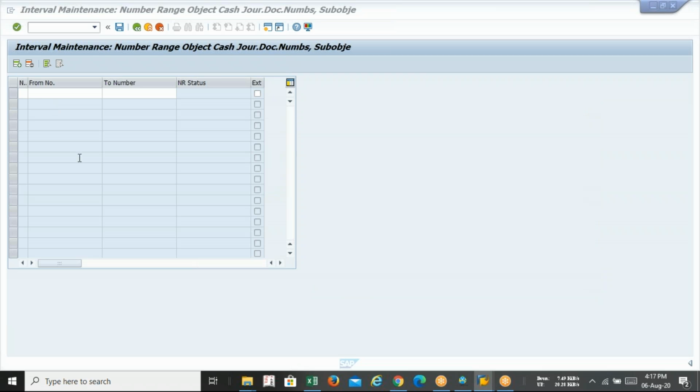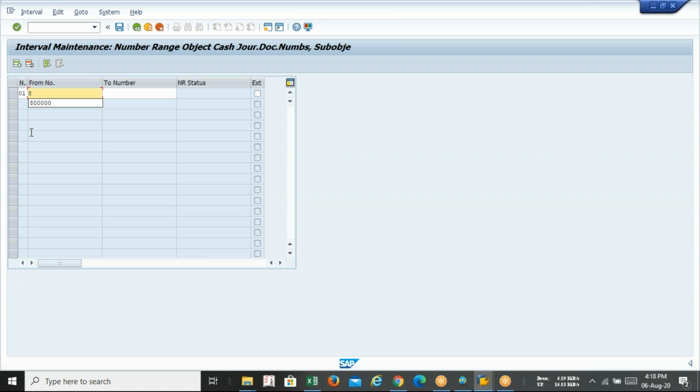So here you have to do with what? 01, and you can take any number range as per your choice. No limit at all. You can take any number range, any length, and the system will accept it. So sir, when can we add a new one? When the gap is filled with transactions.